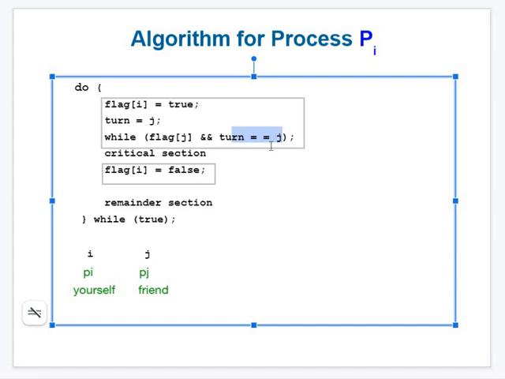When do you have to give the textbook to your friend? When your time finishes. When your time finishes, flag of yourself is false. Let me give you an example on a day basis. You brought a textbook on Monday, and Monday and Tuesday you will read. You want to give it to your friend on Wednesday. This is a small assumption. So on Monday, who is going to have it next? Your friend, because the book is with you, he has to wait.